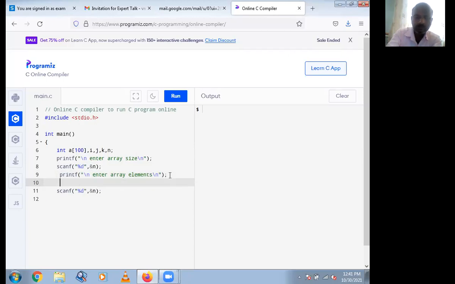Then for i equal to 0, i less than n, i plus plus. Then in the for loop there is a scanf function, so percentage %d and a of i.